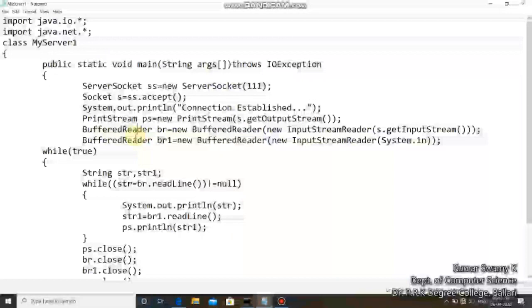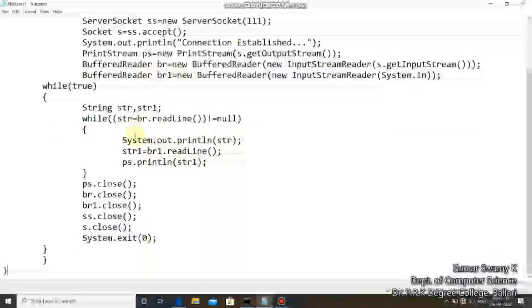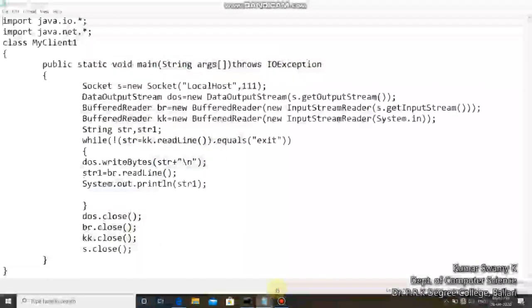And while true, if the condition is satisfied, then data will be read and sent to the client. As you could see, at the end we have closed all the objects which we opened, and on the other side we have written a client program also.